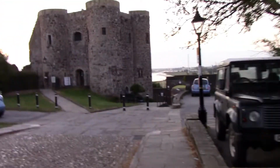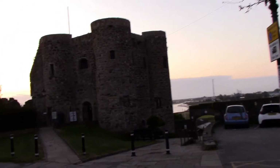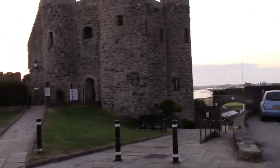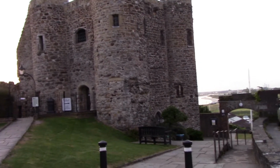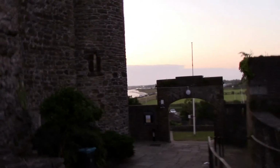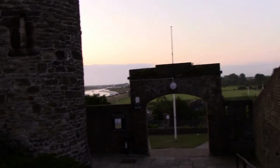Now, here we have Rye Castle, which is also known for some reason as the Wipers Tower, or Ypres Tower. And this, along with the land gate, about the last bit of the fortifications that were built after the French sacked the town of Rye. So not much left of the town walls. This is now the castle museum, by the way,